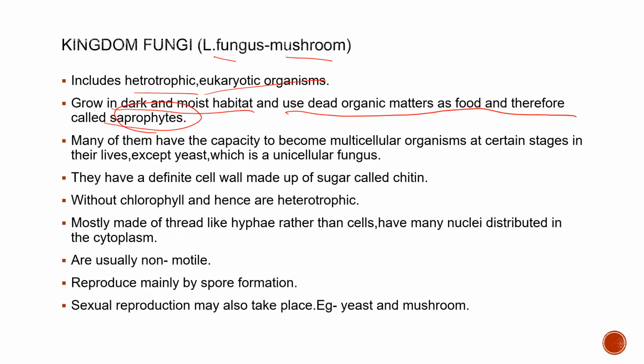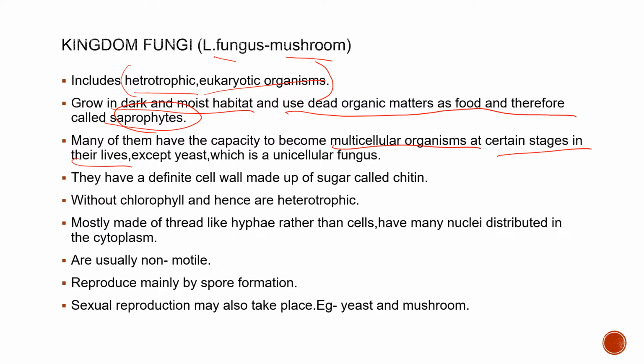saprophytes. So we have studied autotrophs, we have studied heterotrophs, and these are saprophytic. They are heterotrophic eukaryotic organisms. They use dead organic matter as food, and therefore they are saprophytes. Is it clear? Now many of them have the capacity to become multicellular organisms at different stages of